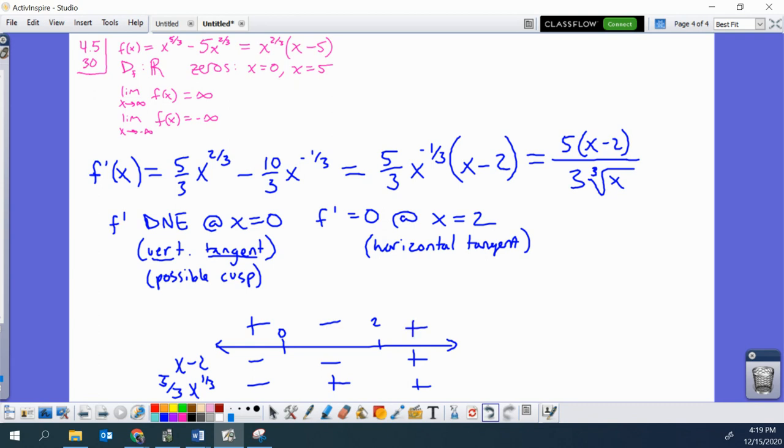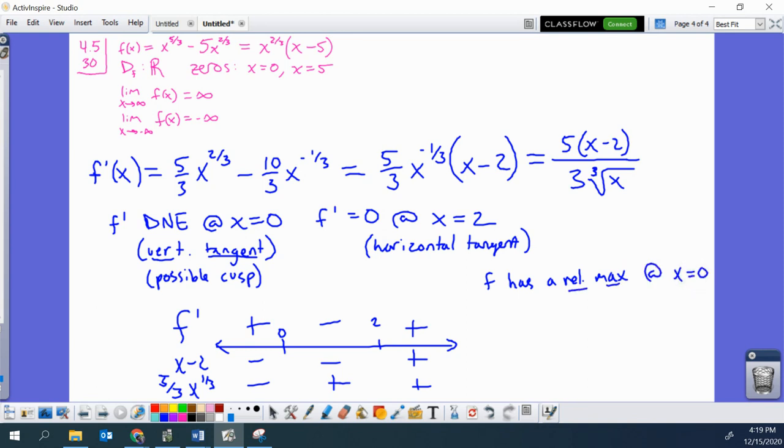And so we do have a sign change in the derivative at both 0 and at 2, which means that they are both relative extrema, right? They're both values in the domain of the original function, so they are points on the graph, and both of them have the sign change in the derivative. So we're going to get a relative maximum at 0 and a relative minimum at 2 because of the way that f prime changes signs there. In fact, let me say that. F has a relative max